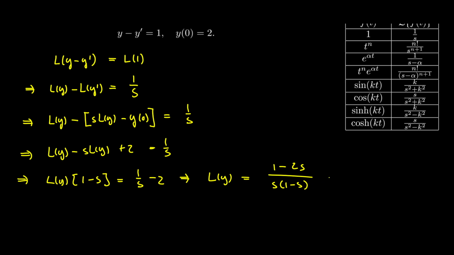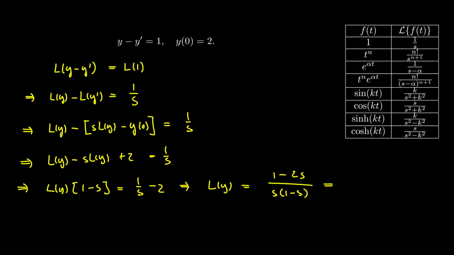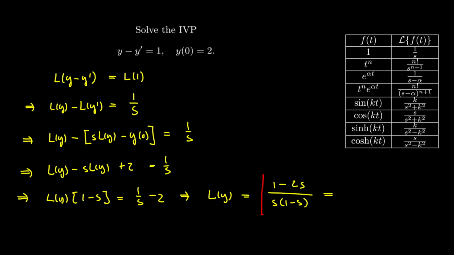And here we can actually simplify this. We can do a partial fraction decomposition here. So the idea at this point is to get the right-hand side to look like a linear combination of these kinds of functions that you see in this table. And the reason for that is that if that's the case, then we can apply the inverse Laplace transform. Okay, so to do that, let's try and break up this denominator. So we're going to get 1 minus s all over s times 1 minus s. So just doing this here,